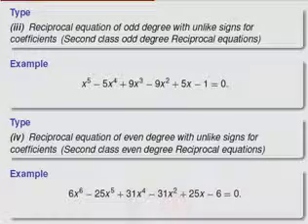We can compare the coefficients of a naught and a n. Here a naught is 6 and a n is minus 6. So 6 is equal to minus of minus 6, so that becomes plus 6. Here also minus 25, here plus 25, here 31, here minus 31. So therefore these are unlike signs. So this is the example for a second class even degree reciprocal equation. So move on to the next one.